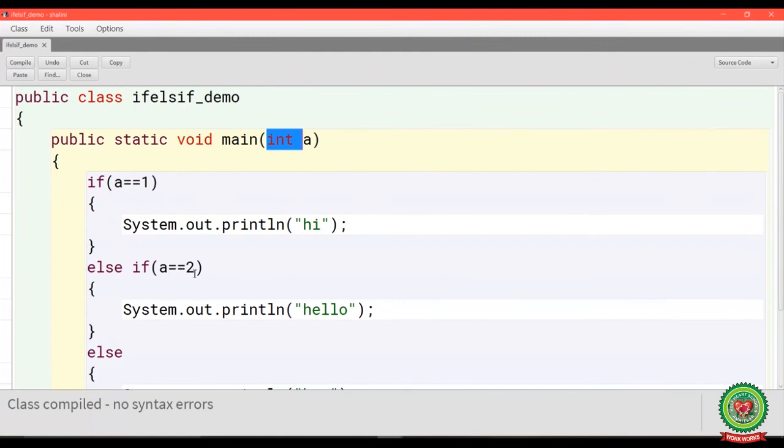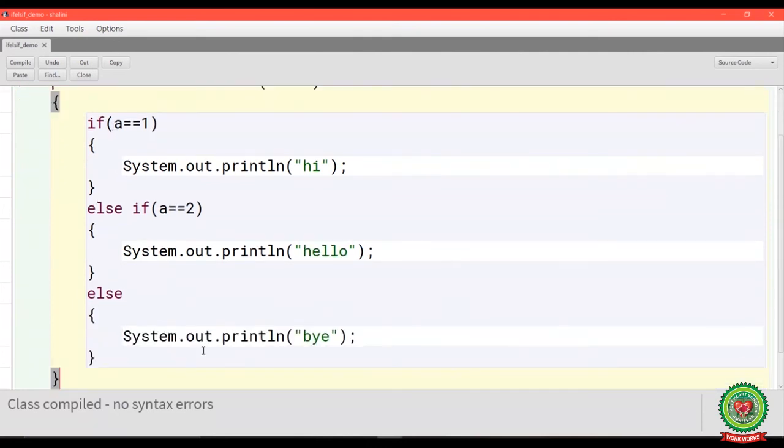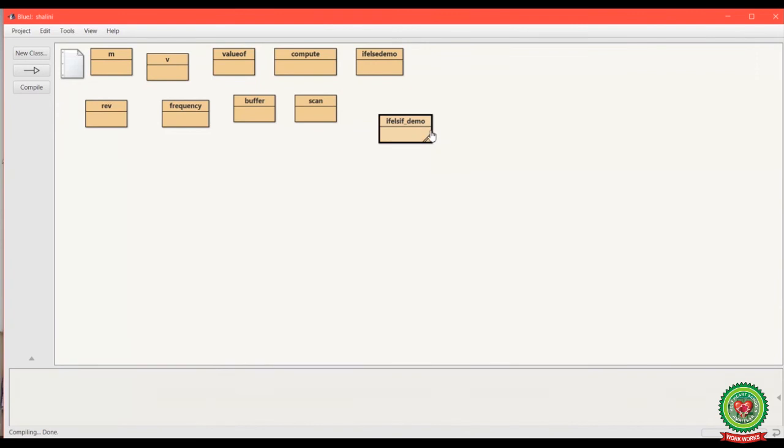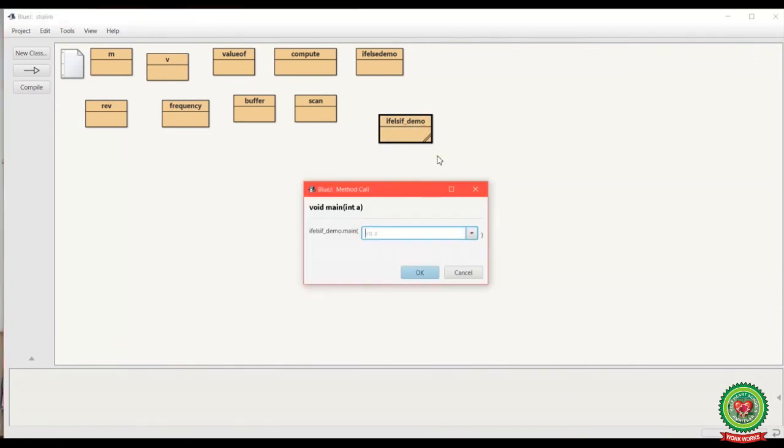Else if a double equals 2, then System.out.println hello. And if both my conditions are false, then it will print System.out.println bye. Now compile this program, minimize the screen, right click over here and enter the value of a.